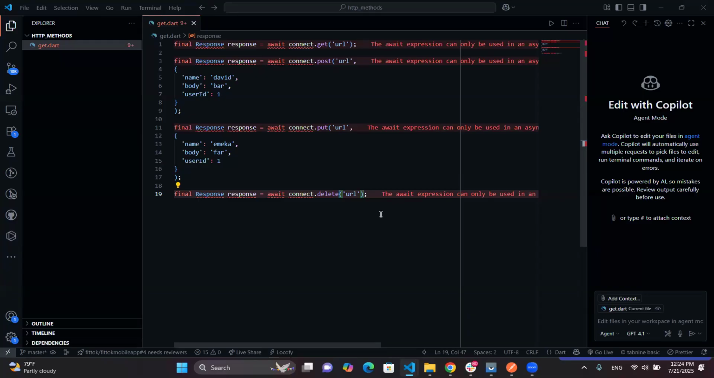So that's what you need to understand about the HTTP methods. In addition to passing data via the body parameter, you can pass headers, content type, and queries to all the methods. Headers provide, let's say,